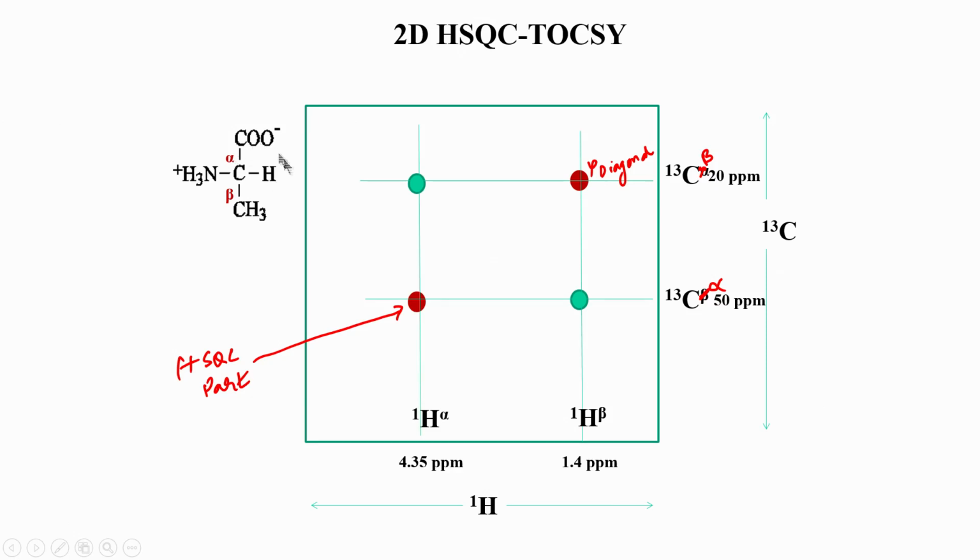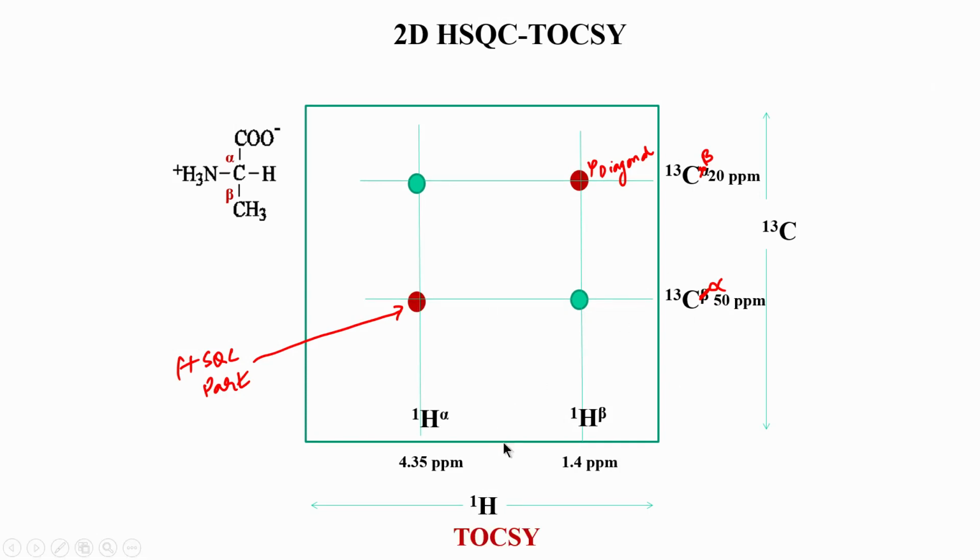So, within one spin system, which in amino acids, as I mentioned last time, one amino acid is actually one family, one spin system. So, in one amino acid you can correlate one carbon with all the hydrogens or protons in that molecule. Similarly, another carbon in the same molecule I correlate with all the hydrogens. So, basically all hydrogens with one carbon and all hydrogens again with another carbon. If I look at them, they will look like this, all hydrogens will come here and all carbons will come here. Okay. So, let us see now a few more examples of this system.